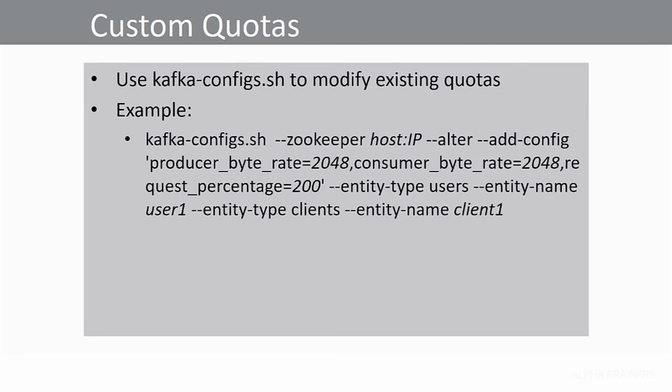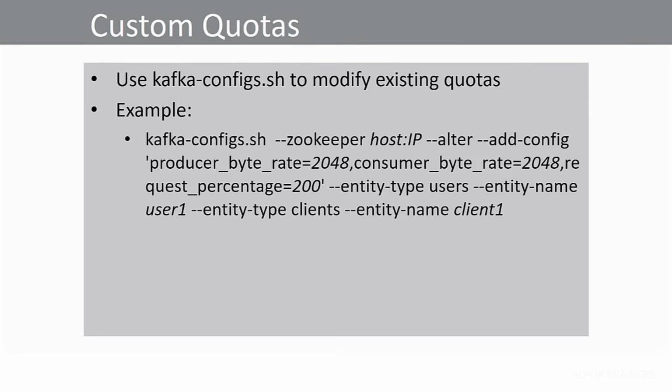The entity types that you see, where it says entity type users and entity type clients: a user is a very specific consumer. So when you say entity type users and then entity name, it says user1 there in italics because you're supposed to replace that with the actual consumer that this rule applies to. If you want to apply it to an entire consumer group, not just one specific consumer, then you can use the entity type of clients, and then when you say entity name, replace client1 with whatever the consumer group